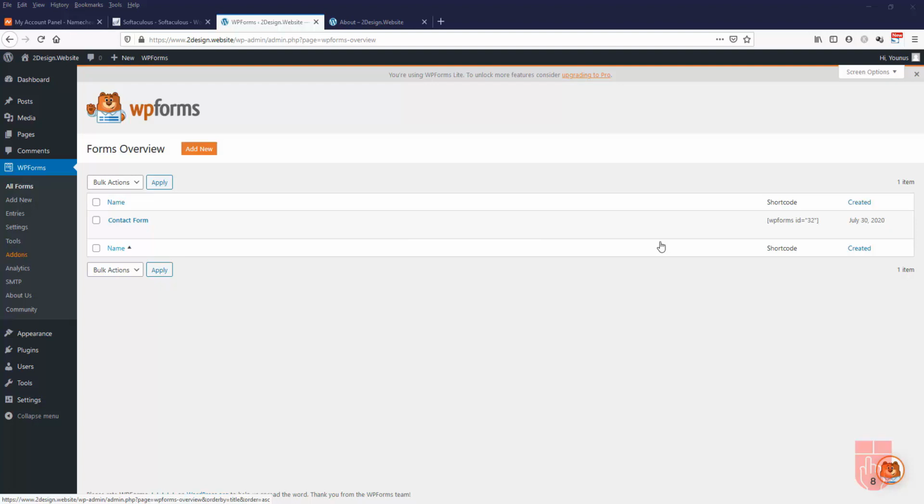To use a form on your web page, you need a shortcode. This is a shortcode. It's WPForms and with an ID. So this is very important. All you need to do is just copy this shortcode on a page and the form will be visible on that page. You can open your contact form in edit view by clicking on the edit link by hovering on the name. Click on edit